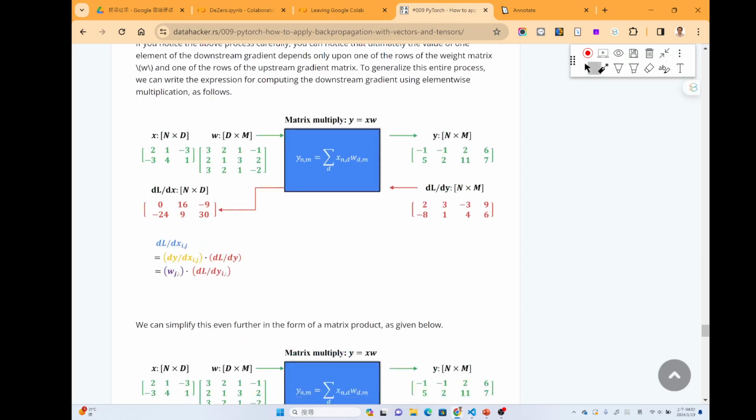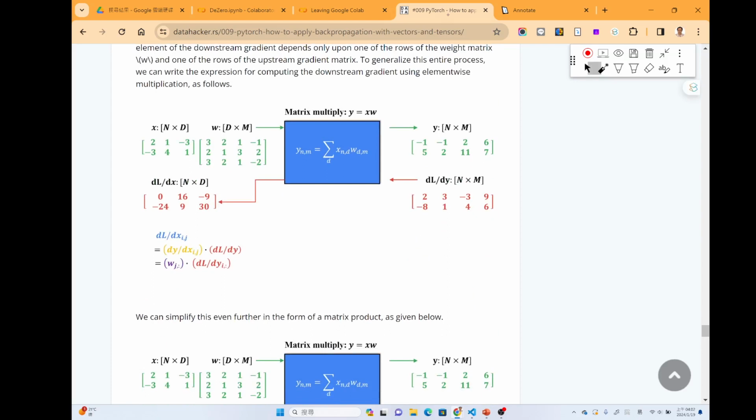And then we can continue to do the same thing for every entry, so that we can get all the 6 numbers here. Okay. So maybe we can try to calculate some of them. For example, let me try to do this: the dL over dx12.